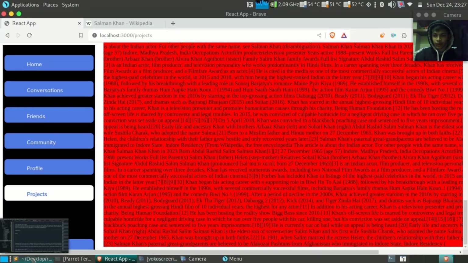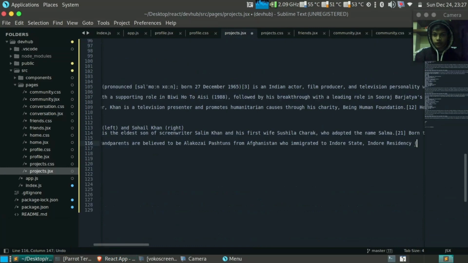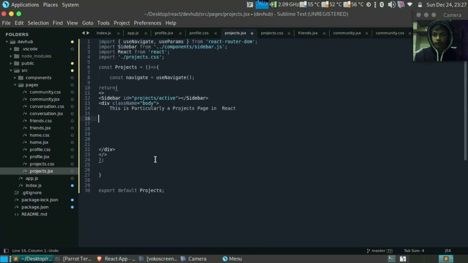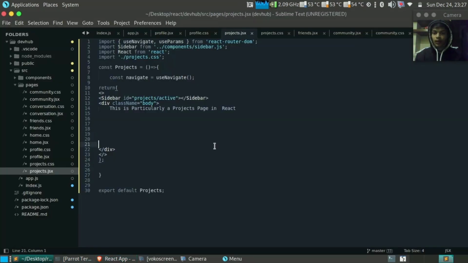So we can undo it with Control Z several times. Yes, it's all good. Yes. So now